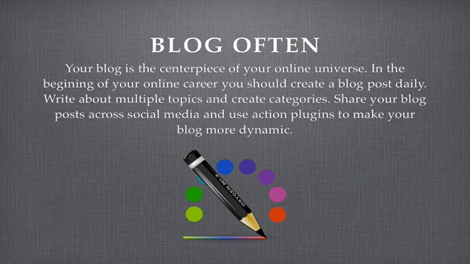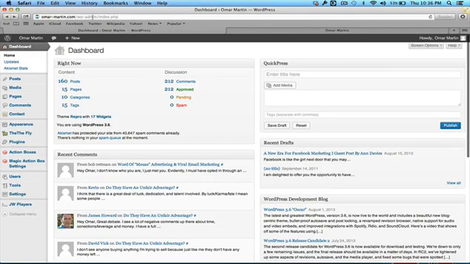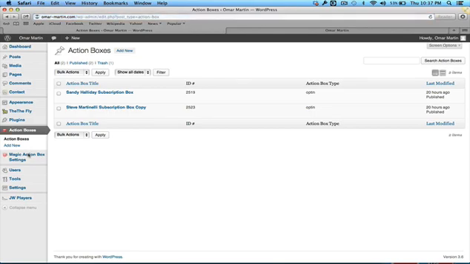This is one that I've started using recently, and there's a lot of cool different applications. The thing that I like most about using this Magic Action Box plugin is that you can modify things really, really, really intensely if you want to. So I'm going to go ahead and switch over to my browser and show you what I'm talking about. Okay, so here I am on the inside of my blog at omarmartin.com, and here is the Action Box plugin. It's already installed, and I'm just going to click over here on Action Boxes so you can kind of see what I mean by Action Boxes.